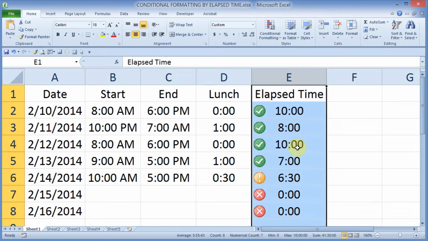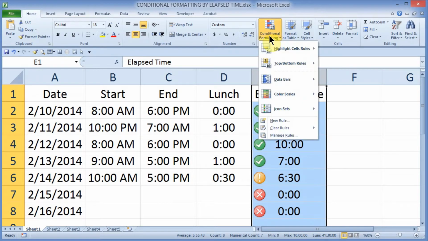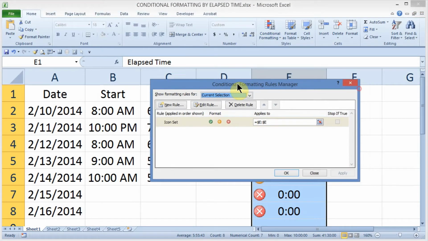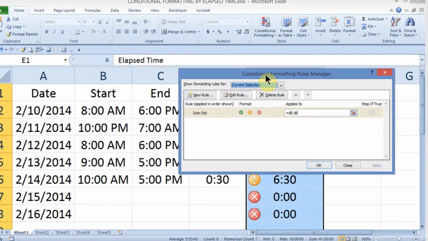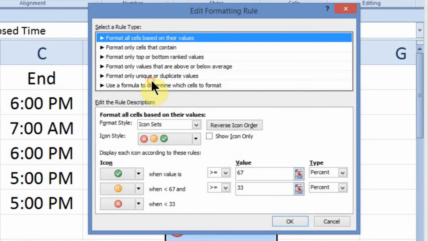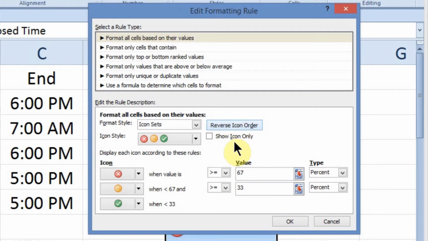With the column still selected, I'll go to conditional formatting. I will choose Manage Rules, and in the Manage Rules box, I will come out and choose to edit my rule. First thing I want to do is reverse the icon order so that my stop value or my alarm value is at the very top. And I'm going to say, first of all, that these are numbers and not percents. So when the value is, and I'm going to come out and say